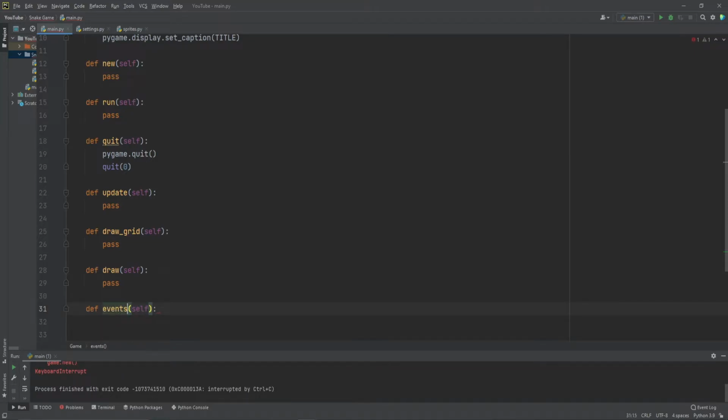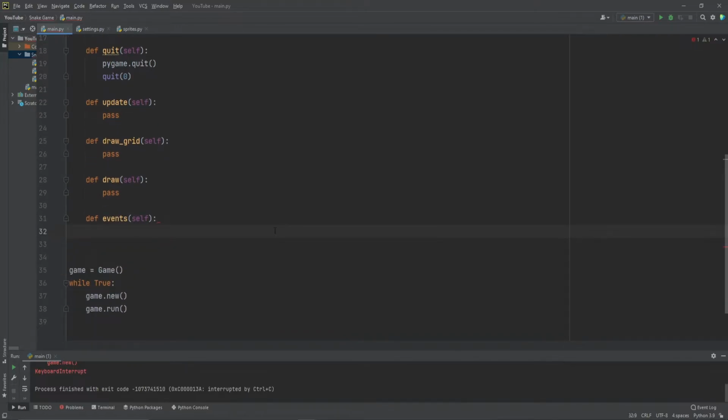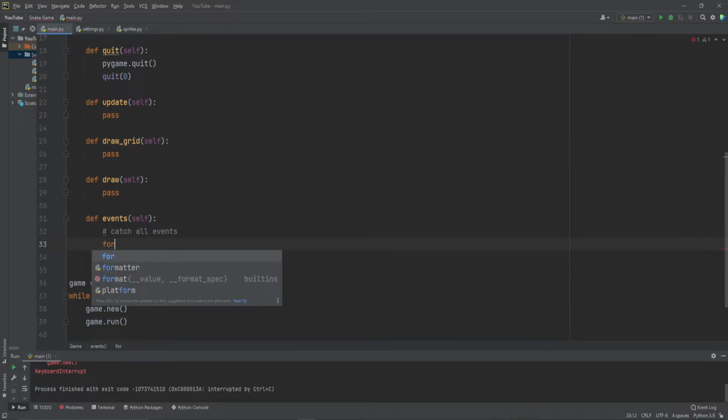Events, if I can type correctly. And let's just start writing this events function. So this is where we're gonna catch all events, right? For that, we use a for loop. So we're gonna loop through the events in the